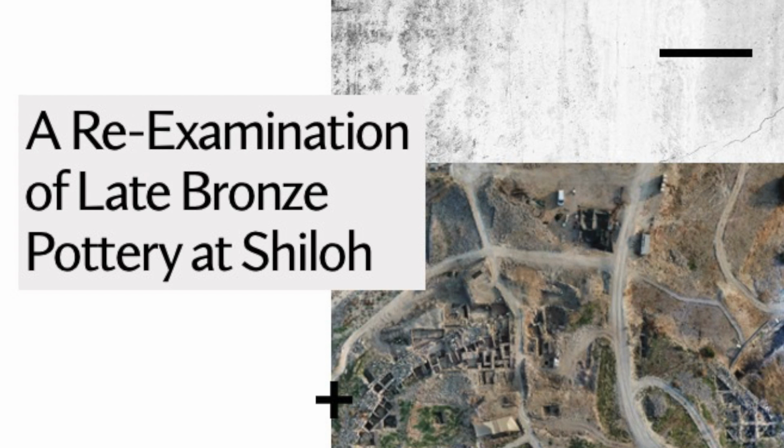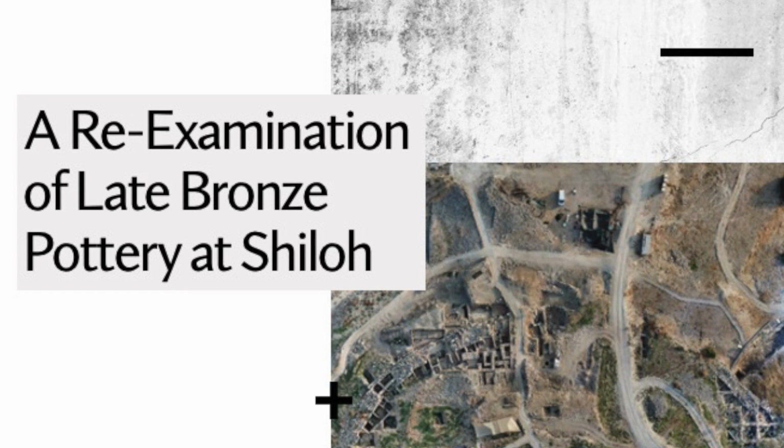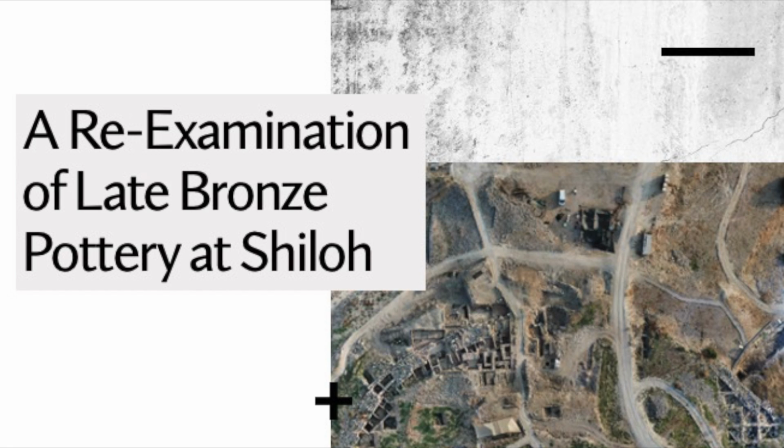We have a monumental building from the Iron One, at least Iron One, that is east-west that appears to be the exact dimensions of the tabernacle. Now, we'll have an answer to that this winter, if indeed it is. But if it is what we think it is, when you exit that building going east, you walk for 30 or 40 seconds and you run into the favisa, the bone dome.